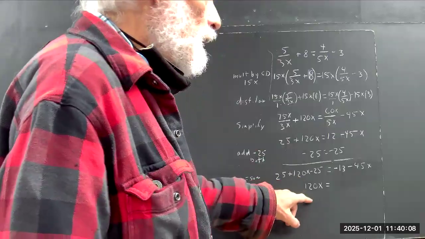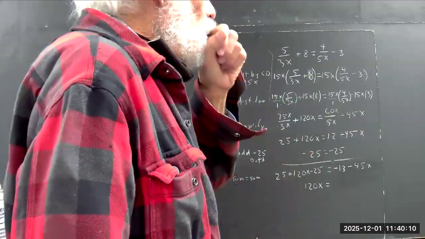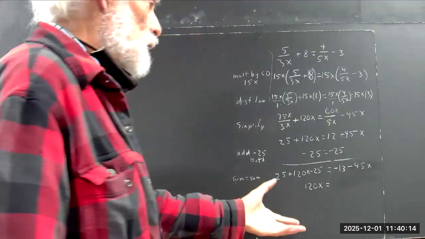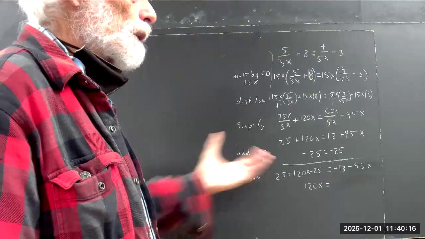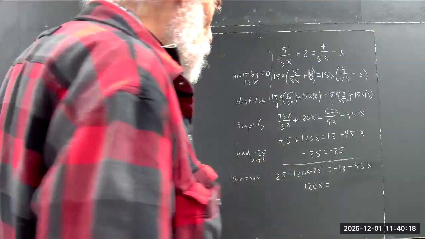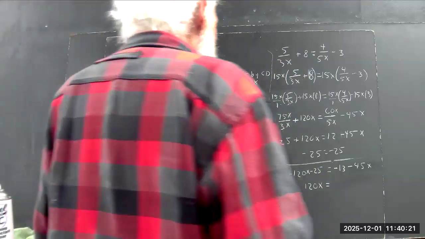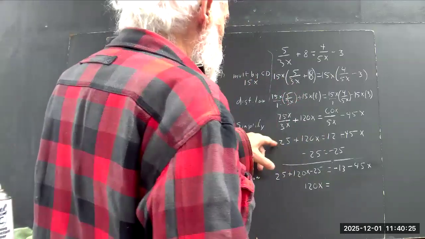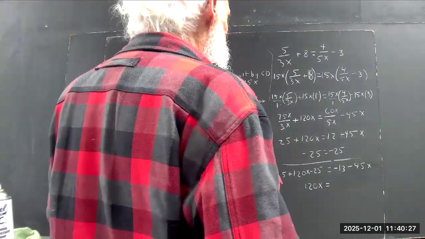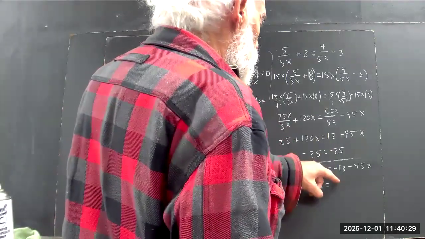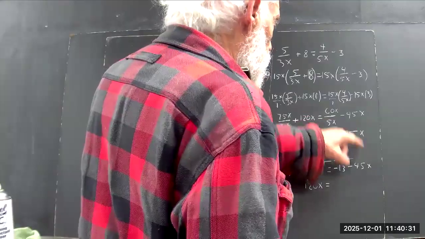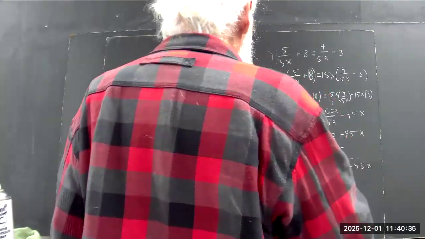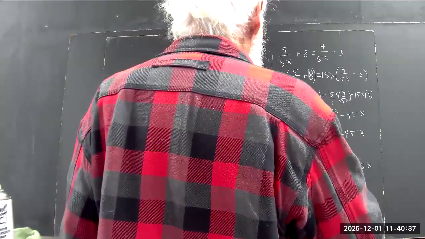When I got down here, I was getting silly numbers. So I recognized it. Now, had I not recognized it, then when I went into the check and it didn't work, I'd have had to go back and find my error. And so in any case, I'm still adding negative 25 to both sides here. The 12 and negative 25 gives me negative 13, and I still have my negative 45x. So negative 120x